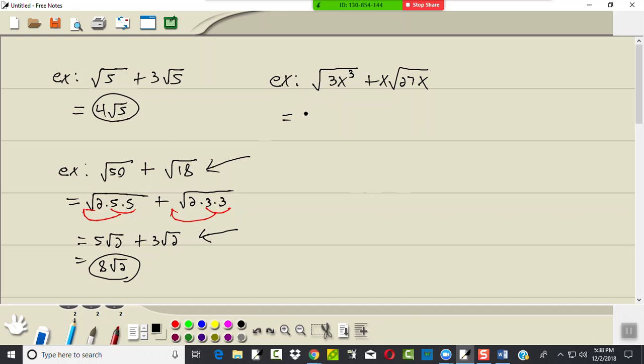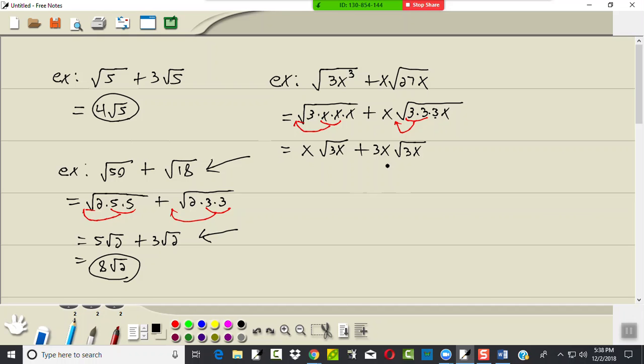Well, this is a square root. 3 I can't do anything with. But x to the third, that's 3 x's. 27 is 3 3's. I'm going to do the prime factorization. Now we're looking for a pair of somethings. Here's a pair of x's, so a pair of x's is going to come out in front. And here's a pair of 3's, so a pair of 3's is going to come out in front. If you already have something out in front, you multiply by what's already there. So this x comes out, and I'm left with a 3 and an x inside. And this pair of 3's comes out, so I have 3x square root of, and I'm left with a 3